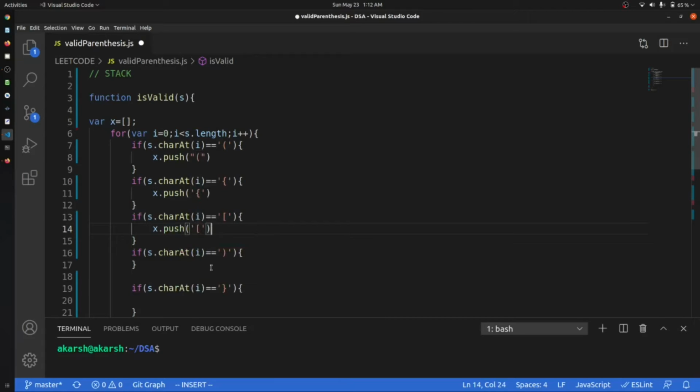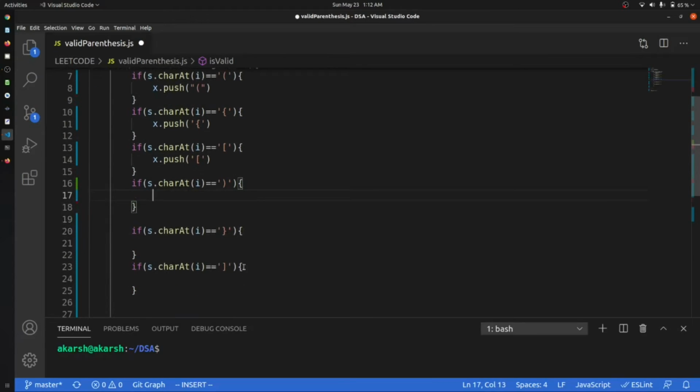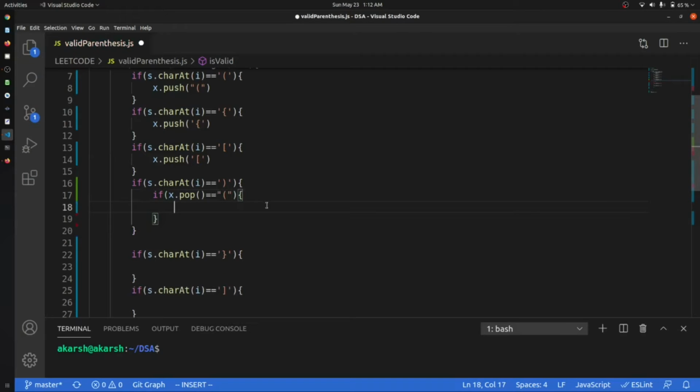Then, if we are at the ending point, or at the closing tag of any of the parentheses, we will check x.pop, which will pop out the element, and we will check if this is the matching open bracket or not. In this case we can see that we have a closing parenthesis, so we should have an opening parenthesis.